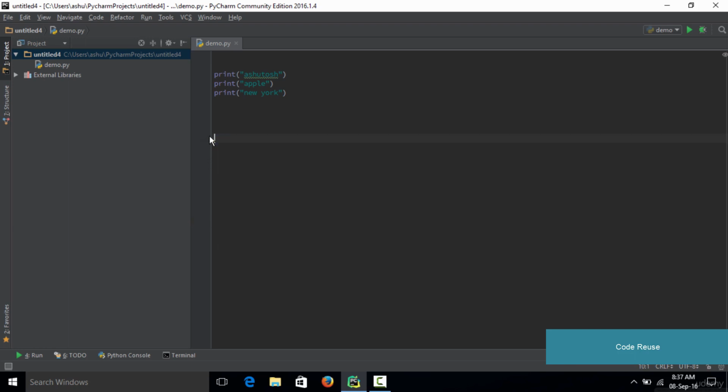So what we do here is that instead of having the code written 3 times, we use something which is called a function. So a function is nothing but, you could